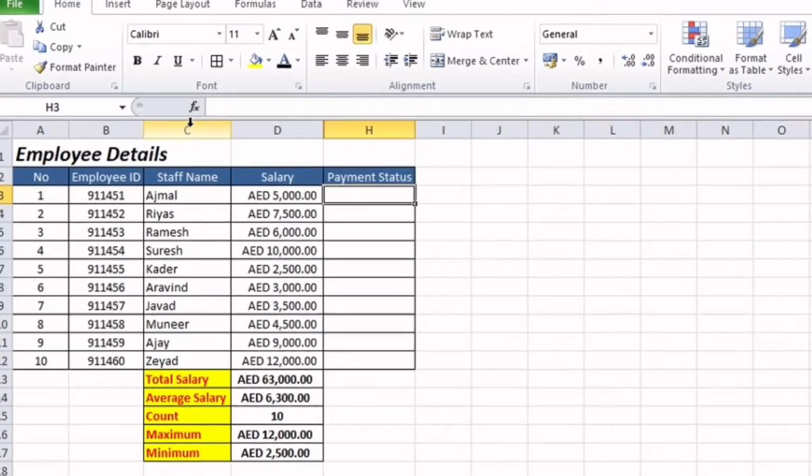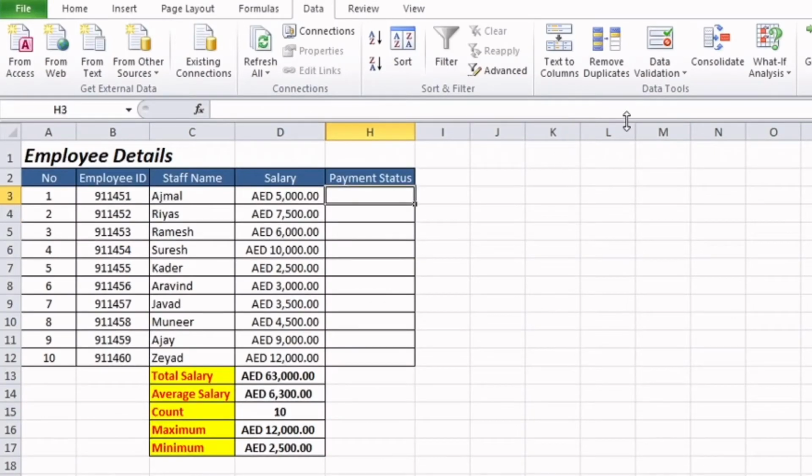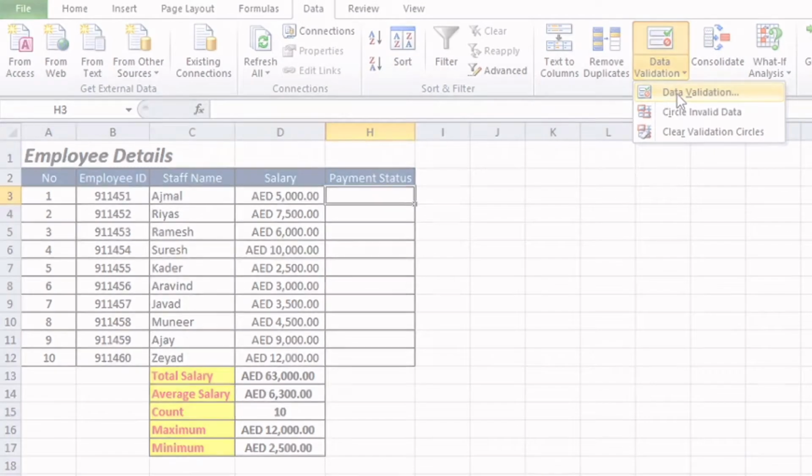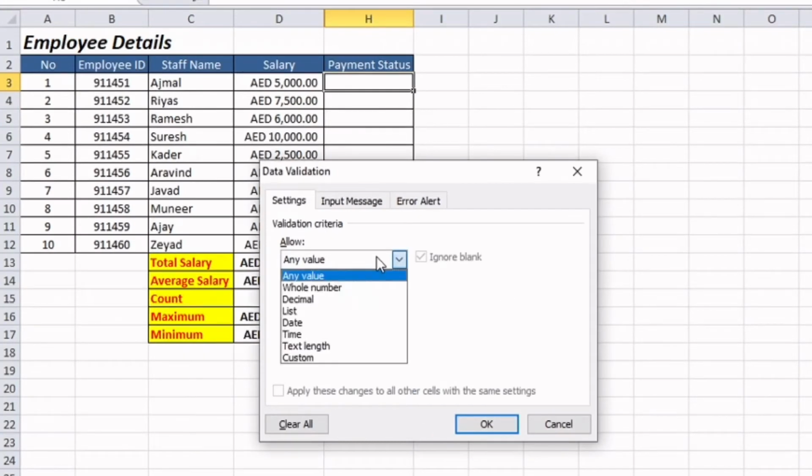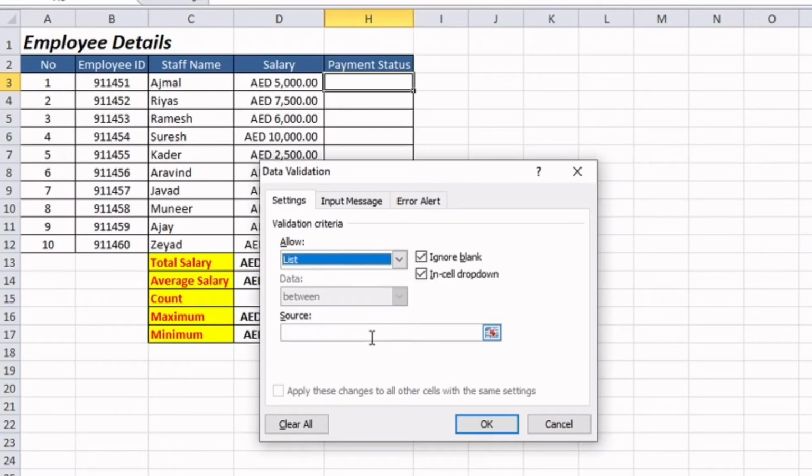For that, you need to go to data. You need to click data validation. Click on data validation. Then click here. Click list. Now instead of selecting the cells, here you need to enter manually. Now I'm going to enter the payment status. So I'll mention paid. After that you need to put comma. You'll mention due. And third, you can mention not paid,